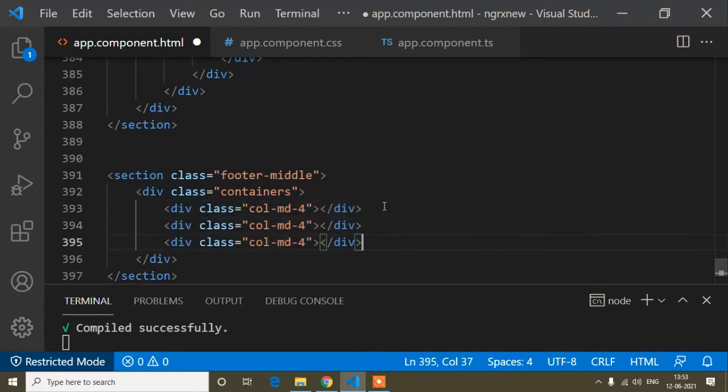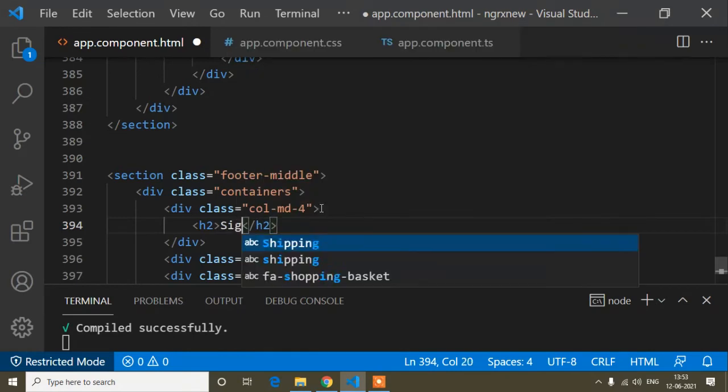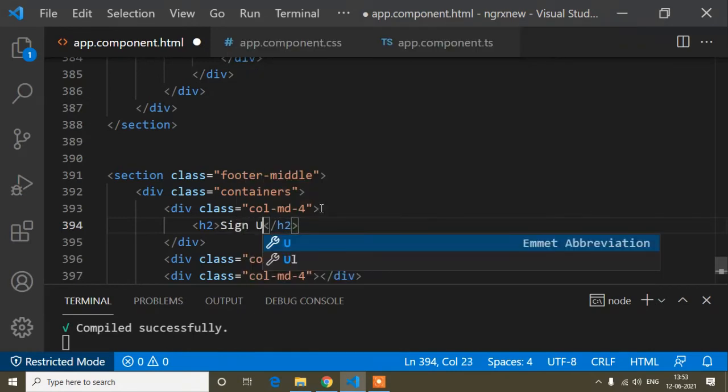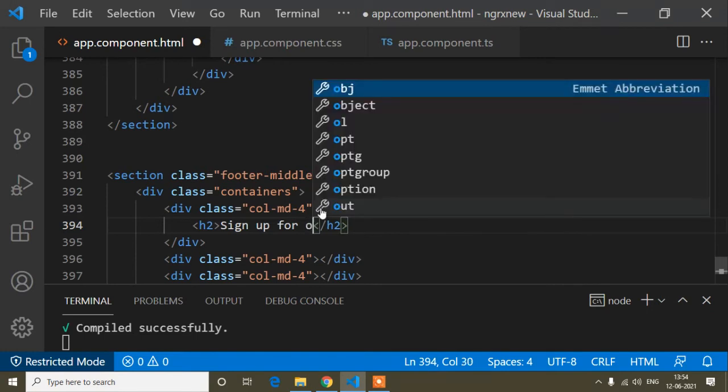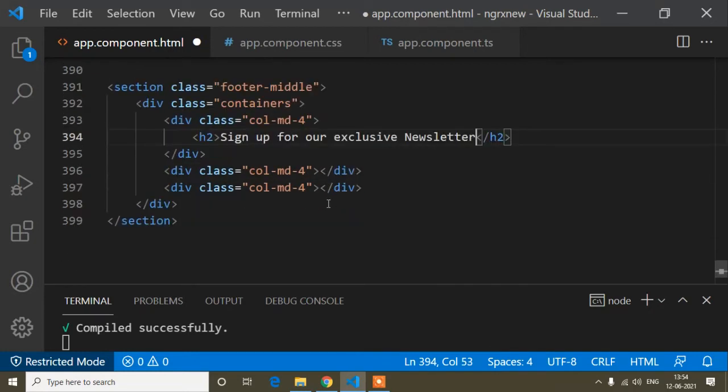In the first column I will write an h2 tag, and inside this h2 tag I will write the content: sign up for our exclusive news. You can write any content.